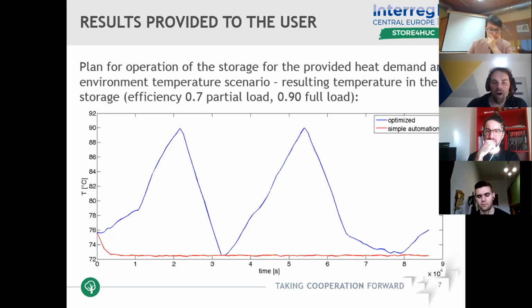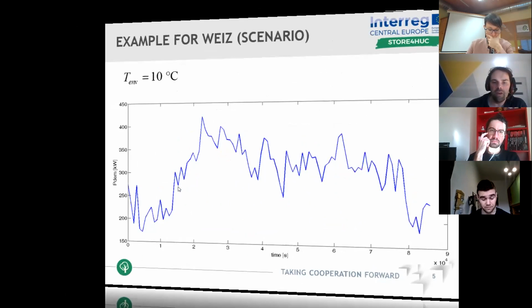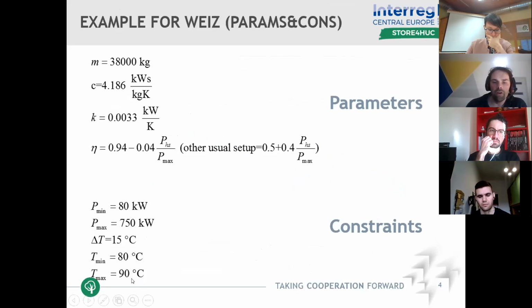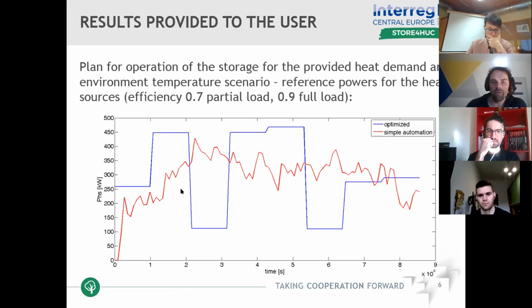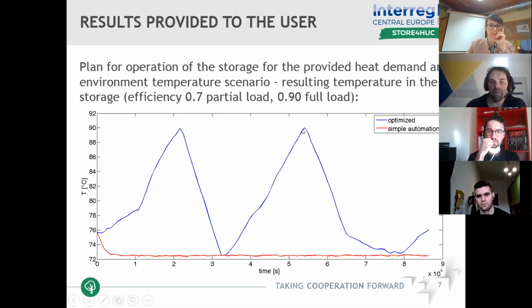And that's how, for instance, with this red line, when we regulate with simple automation, you have 72.5 degrees plus 7.5, bringing you to 80 degrees on the top of the storage with the simple automation. And here, since we allowed that the temperature of the storage can be risen even to 90 degrees, we have then these trips to even 90 degrees here. And this is, of course, viable and okay